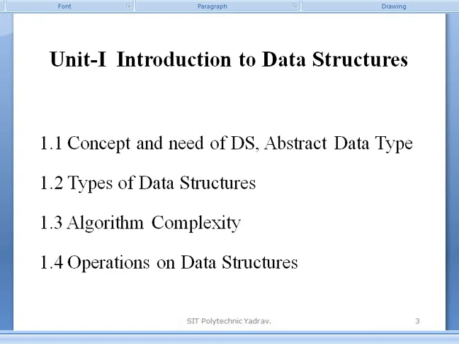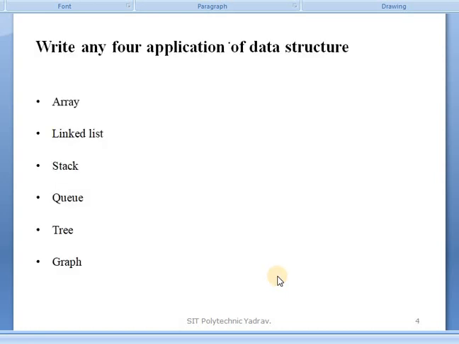In the previous lecture we learned point 1.4, operations on data structures, and I gave some homework on it. I hope all of you completed it. Our syllabus of unit 1, introduction to data structures, is completed, but some programs and questions are asked on that first chapter, which we learn today. In today's lecture we see some programs on an array.